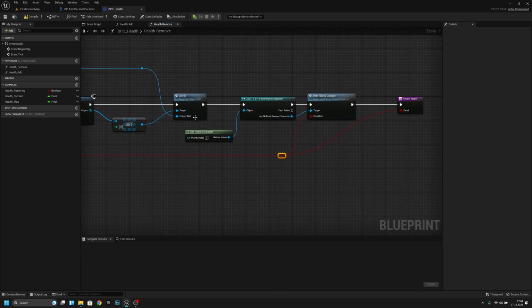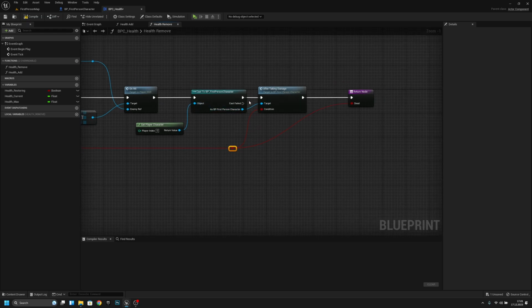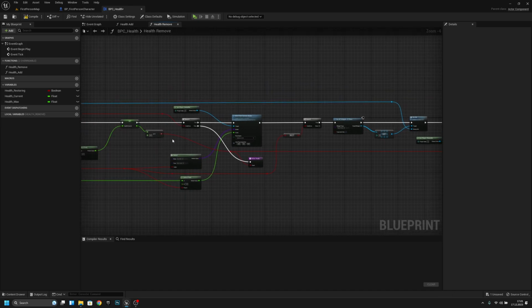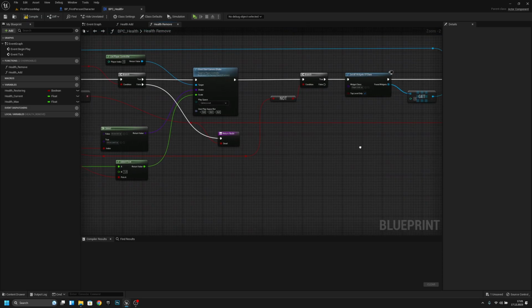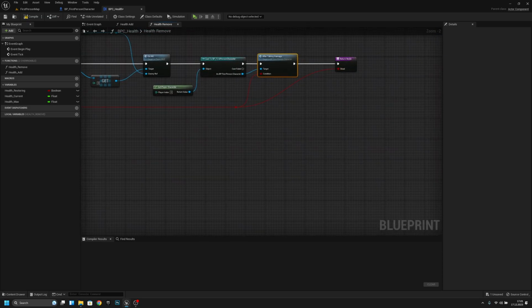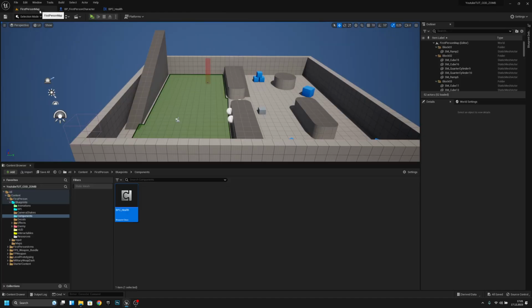So after this on hit, we call the after taking damage function, and the condition should be the condition here, which is if our health is equal or less than 0. So basically if we're dead. Like, yeah, you can see. Compile, save, and now we